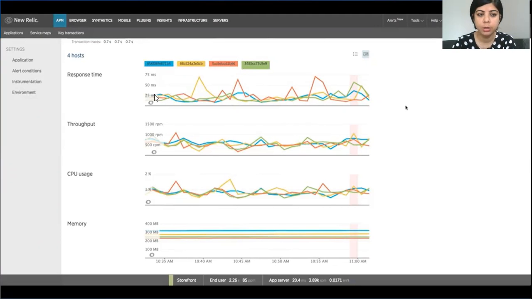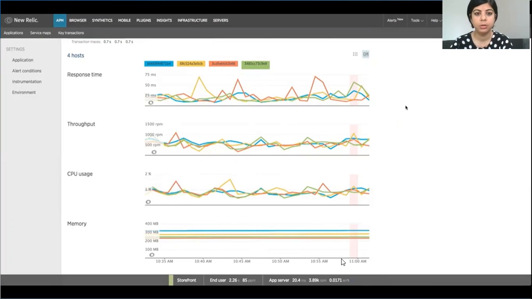And on the criteria of response time, each host is displaying its own metrics so that we can compare which particular host's response time is more, which particular host's response time is less. Similarly, we can compare the throughput of all 4 hosts, CPU usage, memory, etc. So yeah, this was a brief overview of the New Relic dashboard.